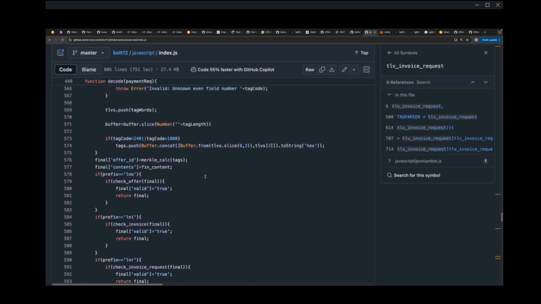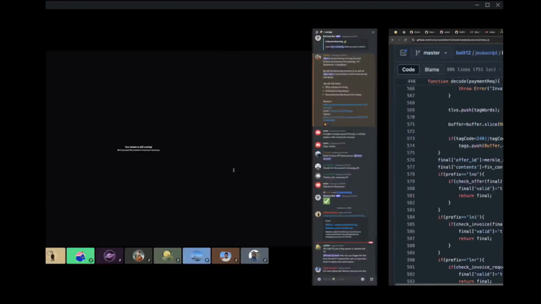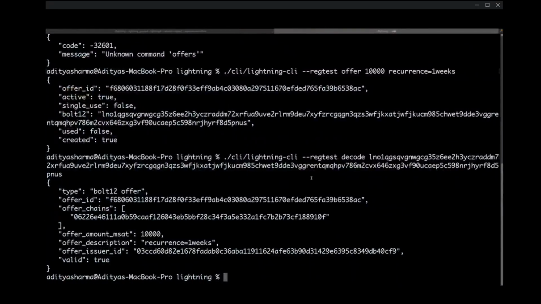So yeah, if you use this offer string to pay using any wallet, it would send an LNR message to my node, and then in return, I would give them an invoice. So this is basically slower than a general Lightning message, because to send a payment, you would have to exchange two messages. But in terms of the UX, this is way simpler, because the user won't have to deal